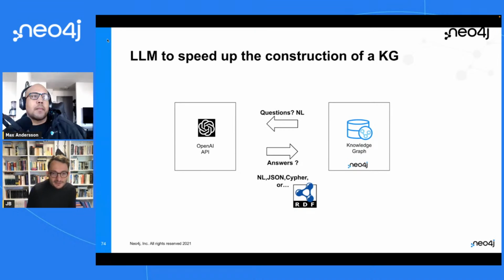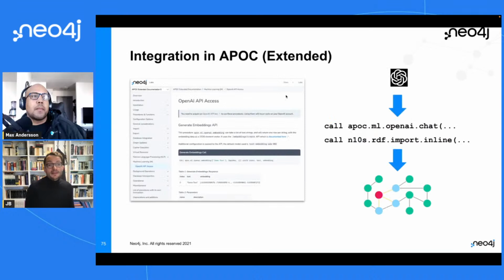So that's exactly it, and I thought it would be a good mechanism to exchange information between the API, between ChatGPT and Neo4j in this context. And like I was mentioning before, we'll go from there to looking at a more programmatic integration, right? Interestingly, APOC, the extended version, has just released a couple of additional methods that provide integration with these OpenAI APIs. So that's really cool because in a couple of lines of